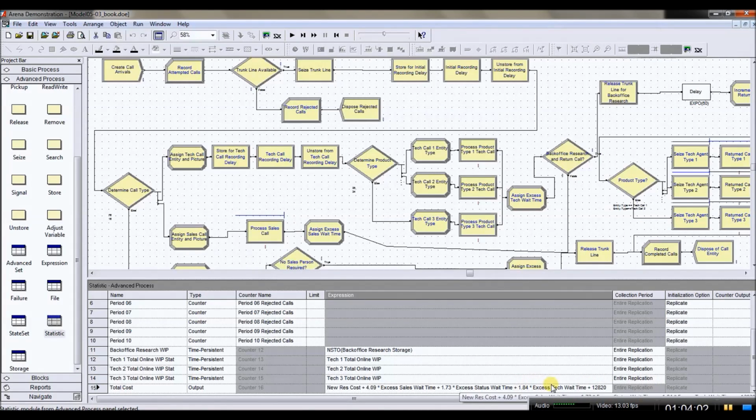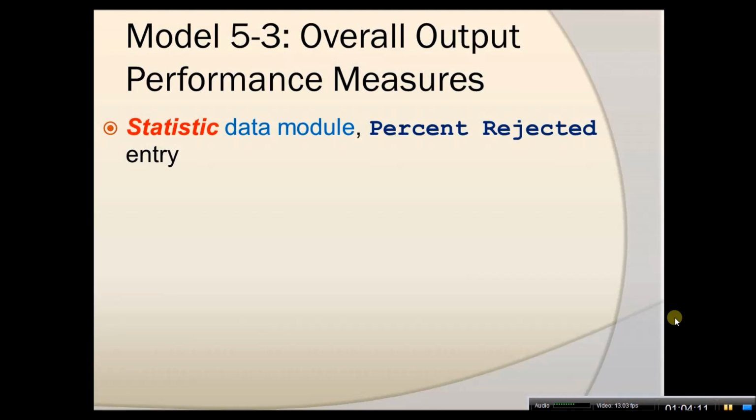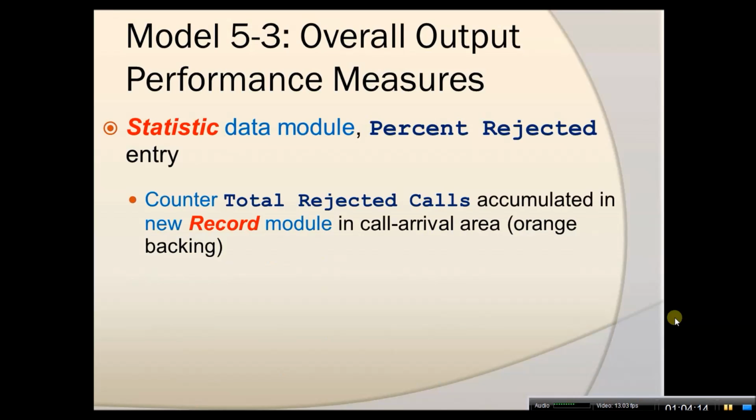The next thing we're going to do is create this other statistic. Let me first describe how we're going to do that. Our other statistic is percent rejected, and again it's going to be an output statistic. We're going to need to introduce this total rejected calls, because the percent rejected is going to be the total number rejected divided by the number that we have attempted. To do that, we'll need to introduce a new record module in the call arrival area, and through that record module, we'll introduce this counter called